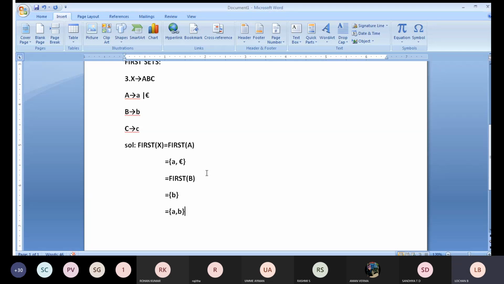Have you understood, or shall I explain once again? Sir, if we get epsilon at the C terminal, what will we do? That I will solve in the next problem, Nivedita. The fourth problem I'll do, don't worry. For the third problem, we are moving with the basics. The fourth problem I'll solve for both epsilon. Now, have you understood this problem, or do you have any doubt? If you understood, write this problem. We will move to the next one with both epsilon.